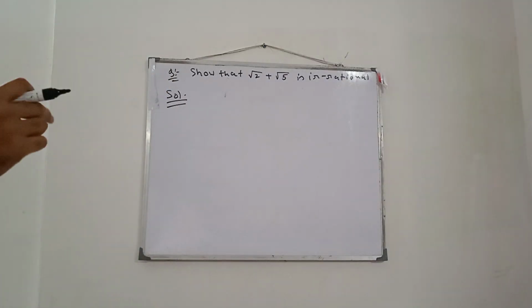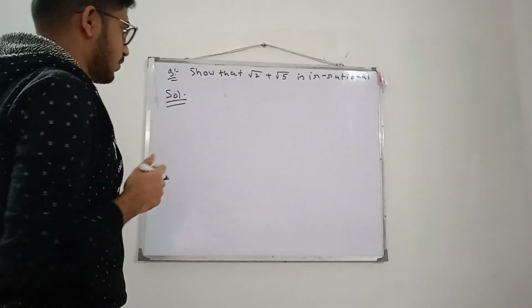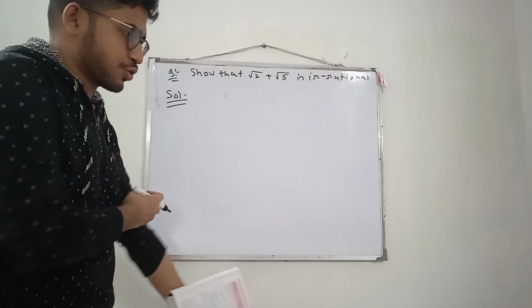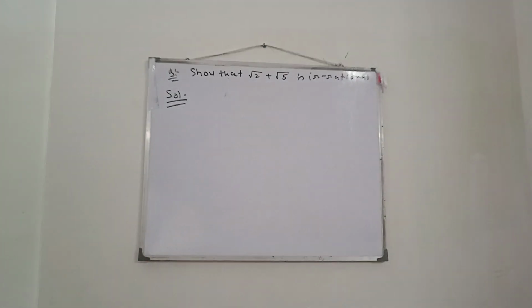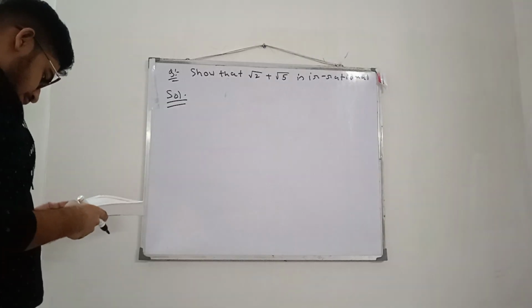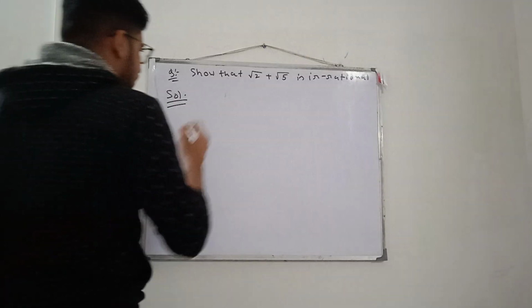Root 2 plus root 5 is irrational. We have to show this. Okay, so this is a question. We have to show. So here, the solution is, suppose